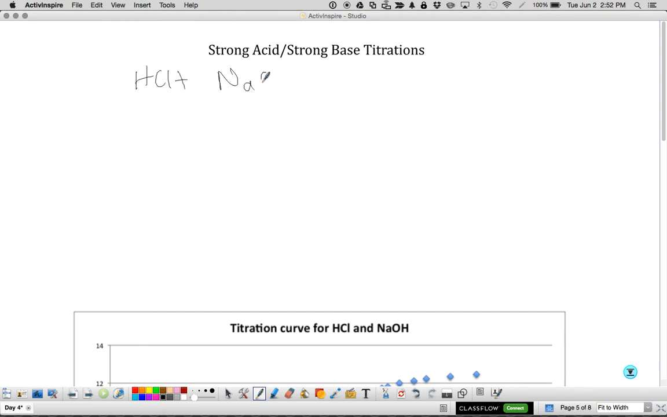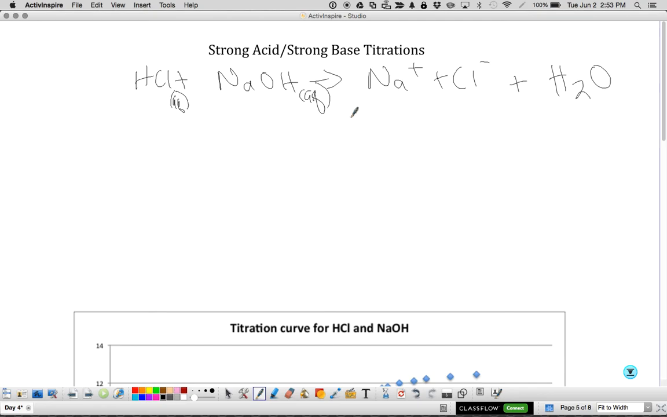HCl plus NaOH, this titration again, yields Na plus Cl minus plus H2O. Okay? And I'm writing this way for a reason. All right. Now H2O, we know that this is neutral. Okay? This doesn't affect pH. And chloride ion is the conjugate of this strong acid, which means it's weak. Okay? So this shouldn't have an effect on pH either. This sodium ion is the conjugate of a strong base, which means it also shouldn't have an effect on pH,